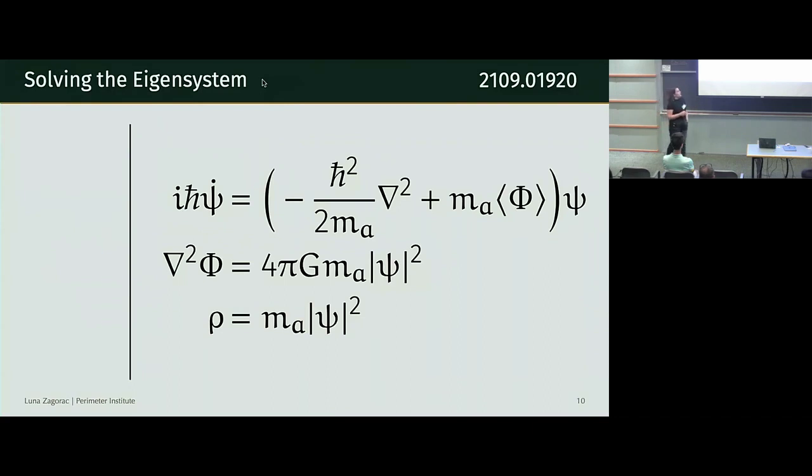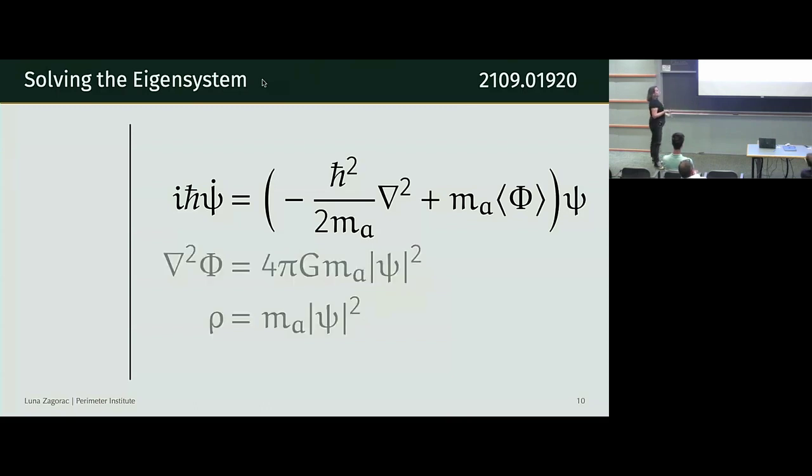I've done two little things. One, I've pulled the psi out. That's just math. I can do that. But two, I've put this phi in angular brackets, which is a really small change in notation that's actually carrying a big assumption here. And the assumption is that for a system that I am considering, phi is basically stationary, meaning that it doesn't really evolve in time. It has some profile that oscillates a little bit, but it doesn't oscillate that far from some equilibrium profile on average. And so if I make that assumption, which I'm just asserting now, I'm not showing you proof of that, then I can for the moment forget about the Poisson equation.